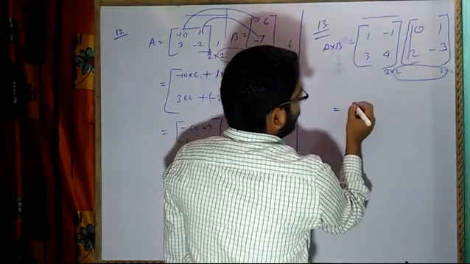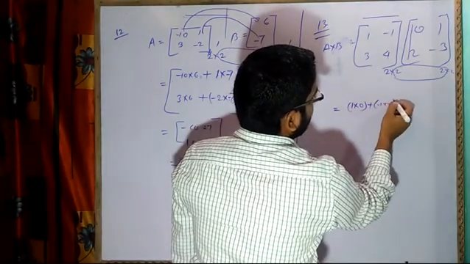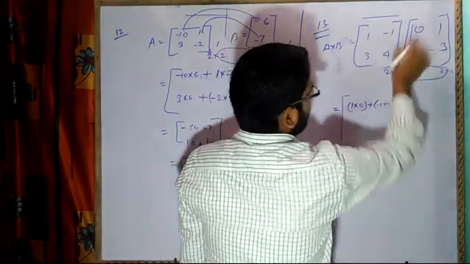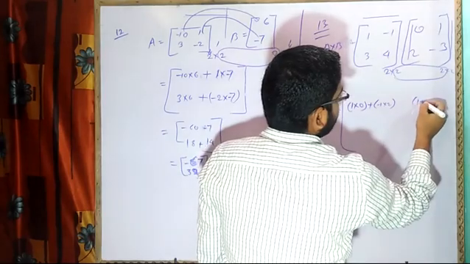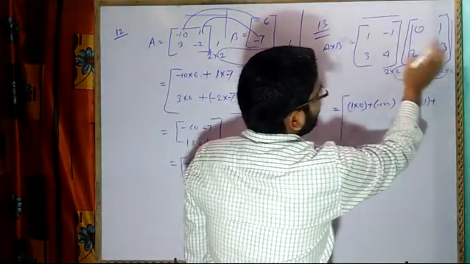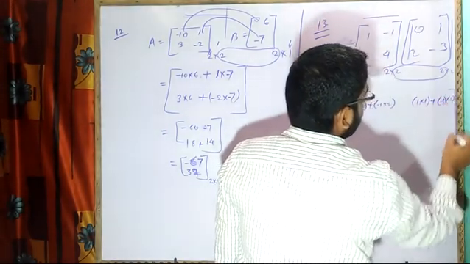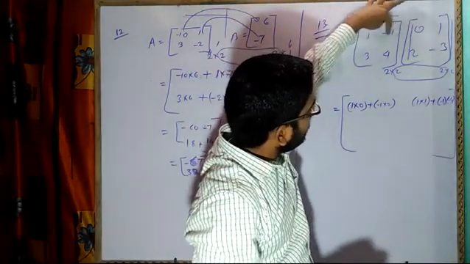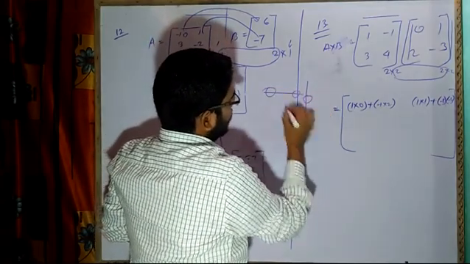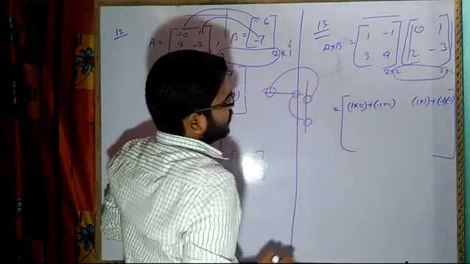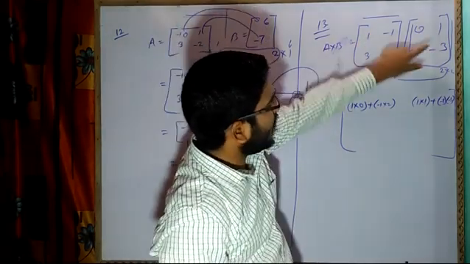So 1 multiplied with 0 plus minus 1 multiplied with 2. This is my first element. Now again this will be multiplied with this element. 1 multiplied with 1 plus minus 1 multiplied with minus 3. Understood? First element first, then this. Like this, first element, here I am having vertically. So this will get multiplied with this, and then we will write it in one place, and then addition. So here addition is done.